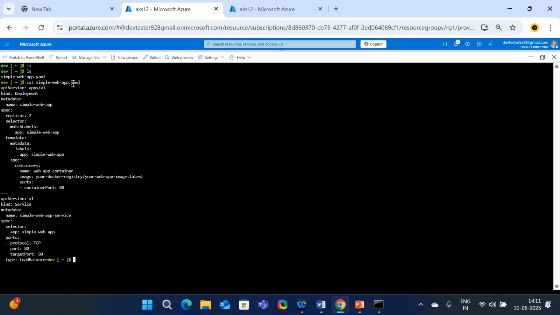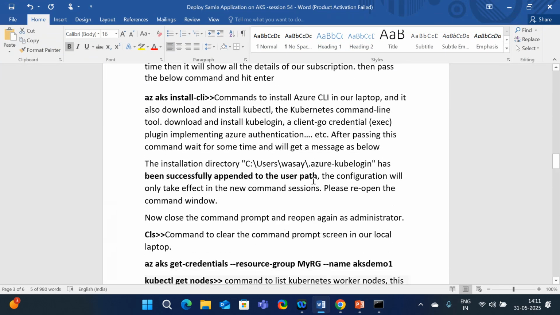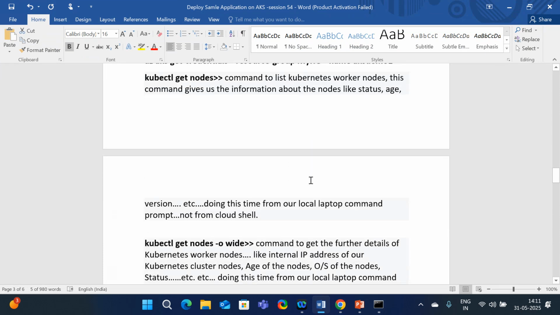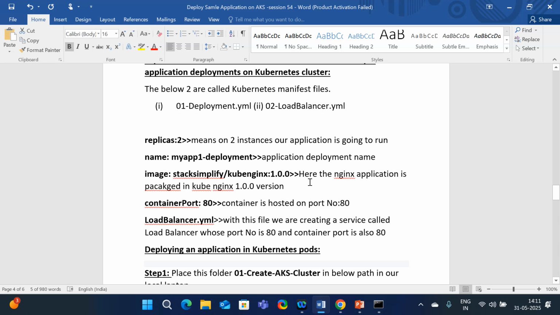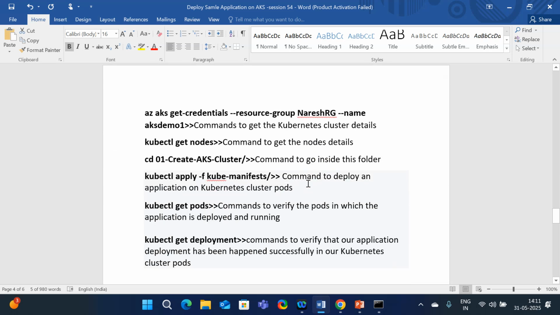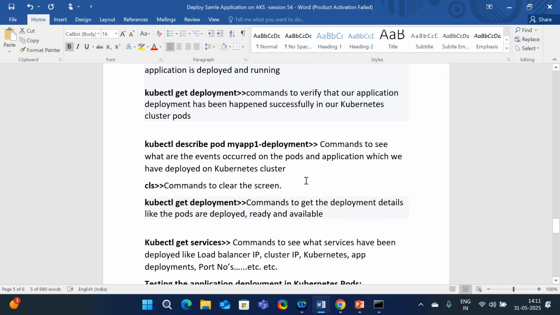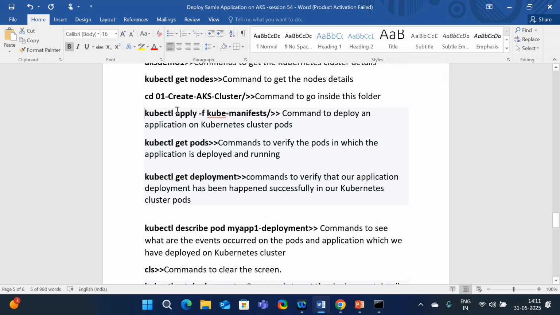If you want to open the file, cat simple-web-app. This is the file which I had uploaded. This is my manifest file. I just want to apply this manifest file to the Kubernetes cluster in order to make the application deployment. How? What is the command? Go to the material, guys, each and everything I had mentioned. No worries, simply execute the steps which I had mentioned, then you will be able to make the deployment. Yeah, kubectl apply,